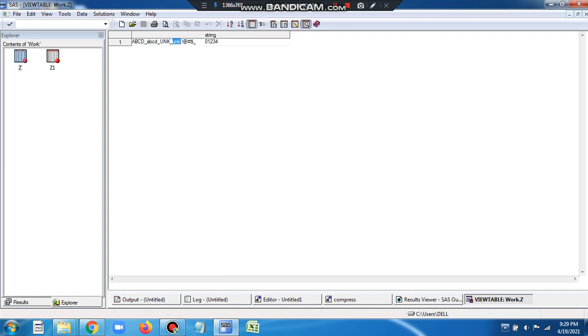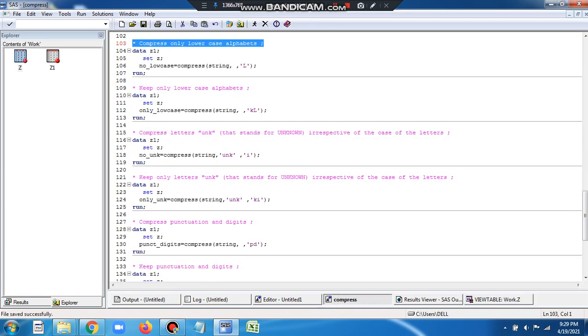All these alphabets we would like to remove. So we give the new variable as no lowercase, and the third argument here is L. L means lowercase. So we are giving a third argument of L. It will remove all the lowercase letters. So let's run it and see.